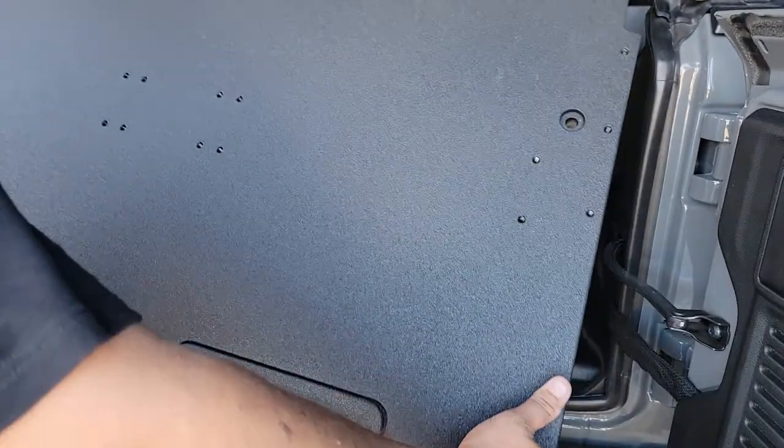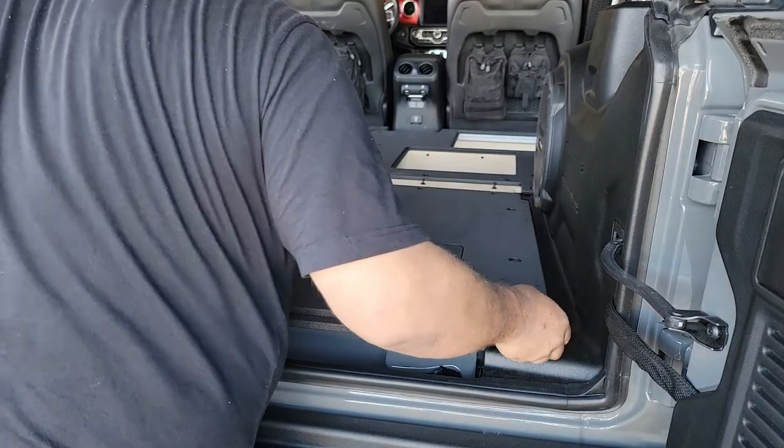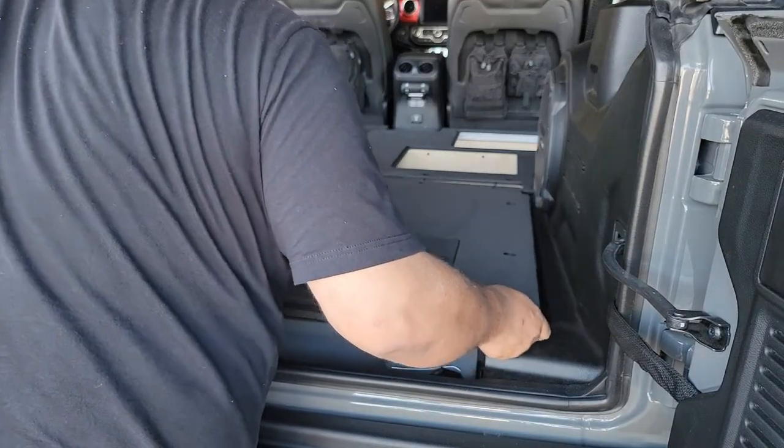And now we can reuse those factory seat mounting bolts and get those started in the floor. And again, don't tighten these all the way until we get the rear plate system in, which is coming up next. To install the plate system is probably the easiest aspect. It's almost all complete. Basically, we're going to go ahead and lay this down and slide it up to the